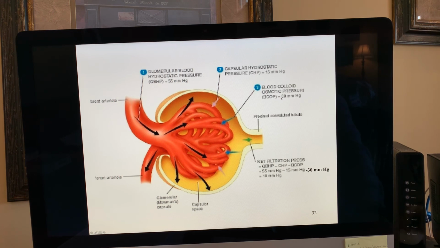And then the osmotic pressure, of the osmotically active particles in the capillary that are pulling fluid back, they have that at 30. If you take 55 minus 15 minus 30, you end up with, again, a net outward pressure of 10 millimeters of mercury of fluid from the capillary into the glomerular capsule,